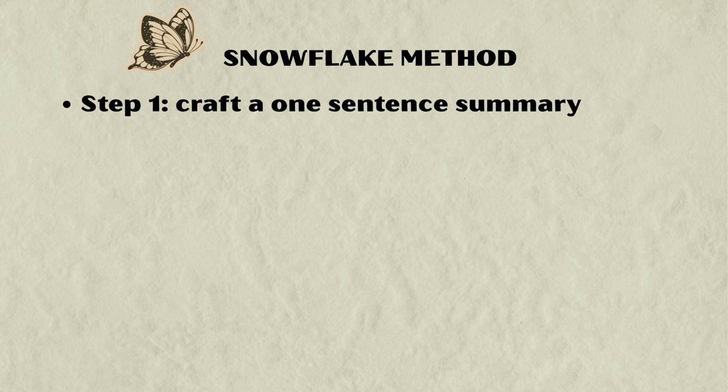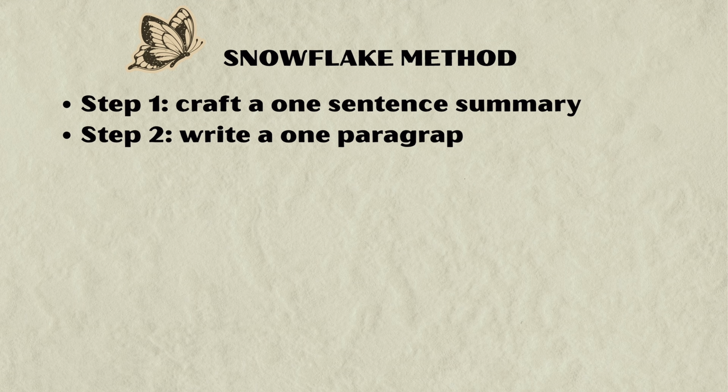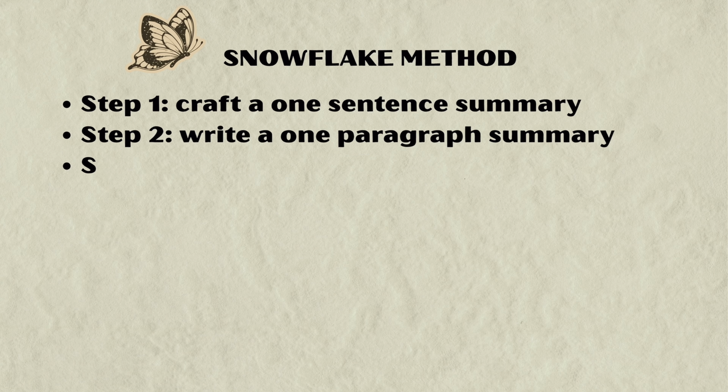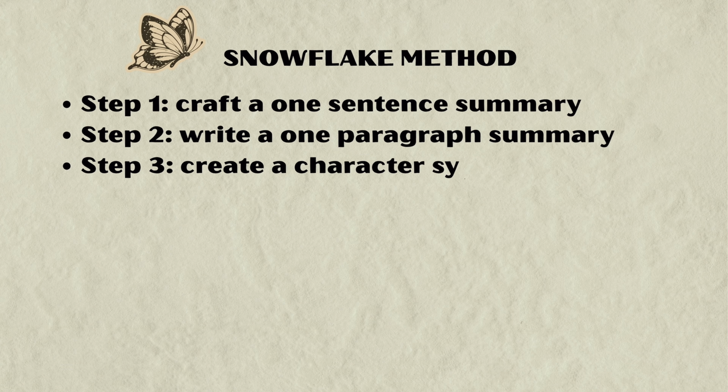So the second step is to write a one-paragraph summary. Here, I take a closer look at the story from the eyes of the three main characters, as well as the event that ties them all together. Here you'll need to write about your main characters, their world, what initial event starts the book for them, the main conflicts they face, the turning points, and the endings for each of them. You don't need to have it all figured out, but the summary will help you understand where the story is going.